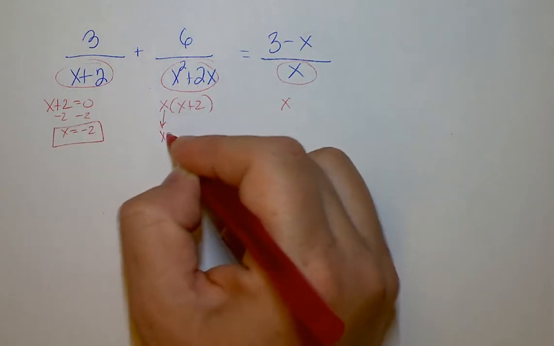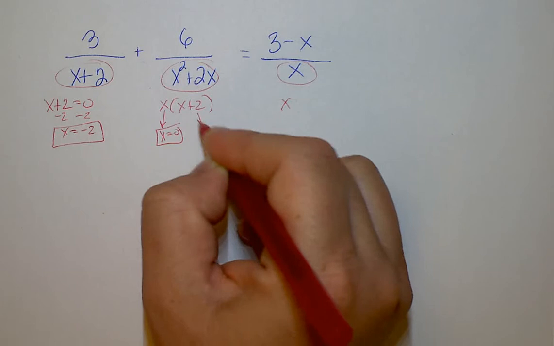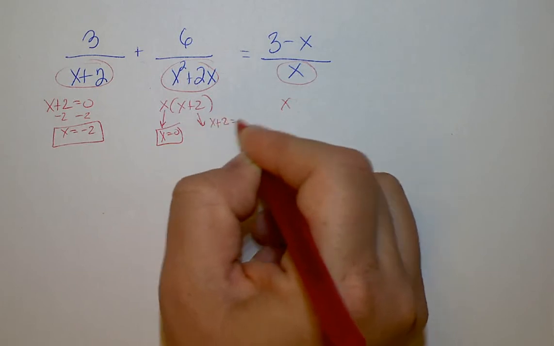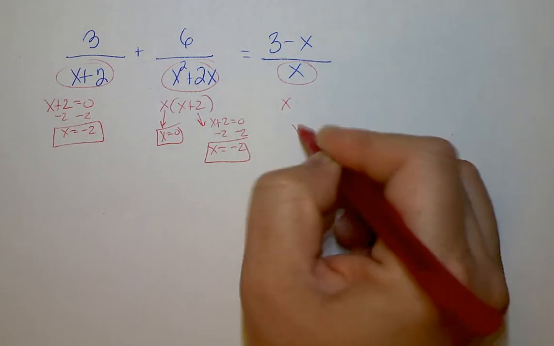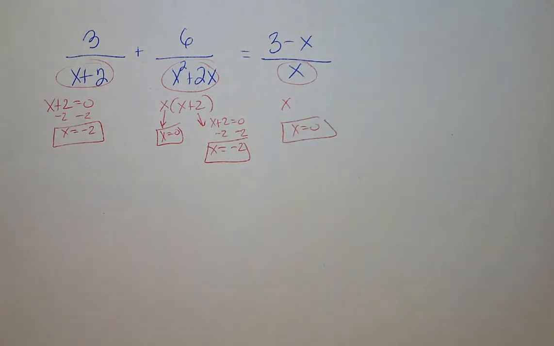If x is 0, here's another, -2 and 0. So if we get final answers of 0 or -2, we know that they're extraneous solutions, which means we did all the math correct, but we cannot consider it as an actual solution. Okay, so for this